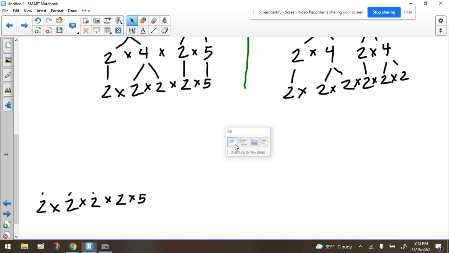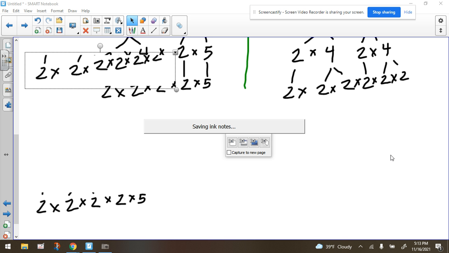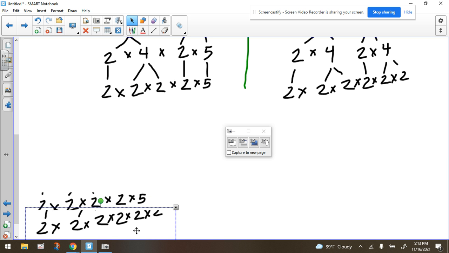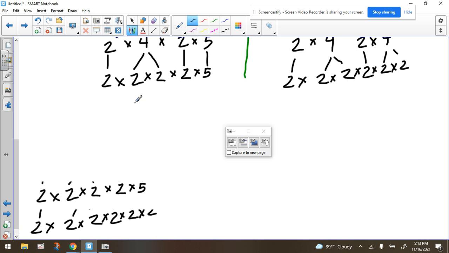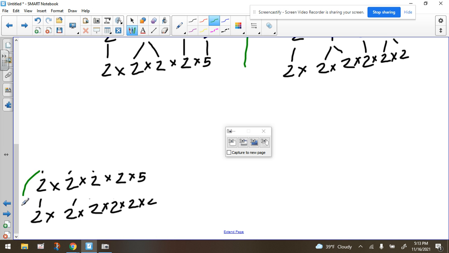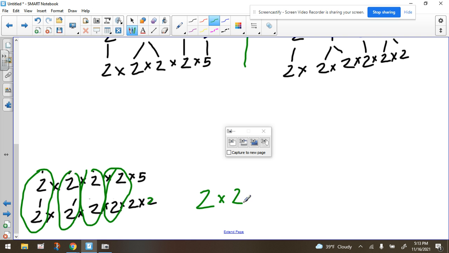And then I'm going to do the same thing with this. I'm going to take a screenshot of my prime factorization, and I'm going to move it down here. And we're going to look for our matches. So our matches are matching 2s, matching 2s, matching 2s, matching 2s, and that's it, right? Because this is a 5 and this is a 2, and that kind of got cut off, but that's supposed to be a 2. So we have 2 times 2 times 2 times 2